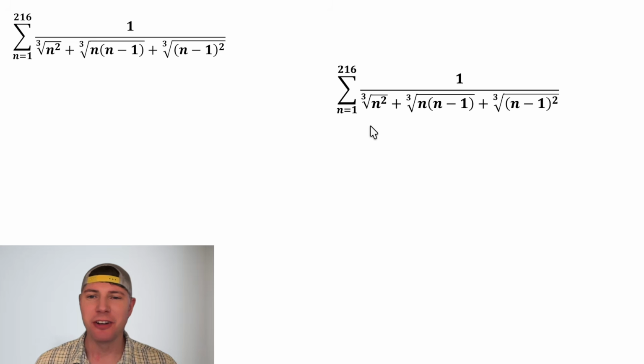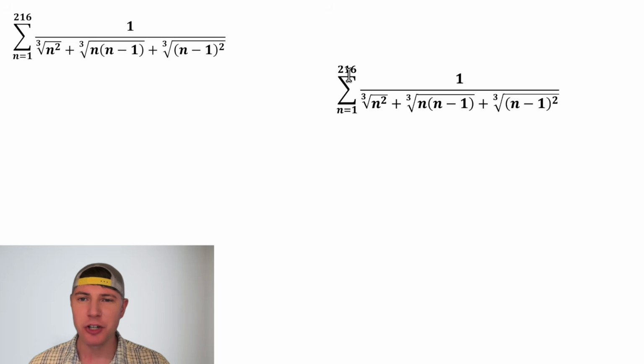Hey guys, this looks like a fun one. It's the sum of the first 216 terms of this right here: 1 over the cube root of n squared plus the cube root of n times the quantity n minus 1 plus the cube root of the quantity n minus 1 squared. If you want to try it on your own, pause it right now because I'm going to solve it in